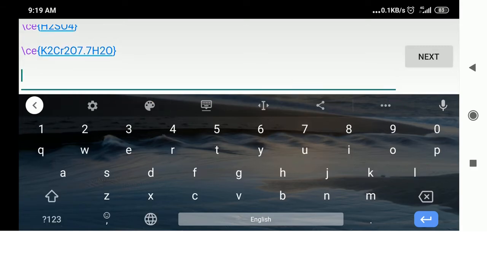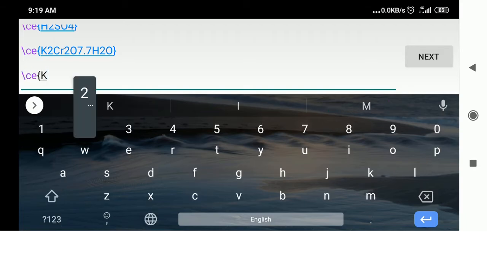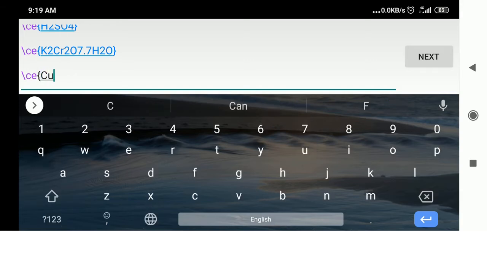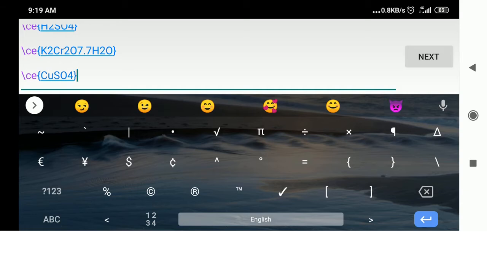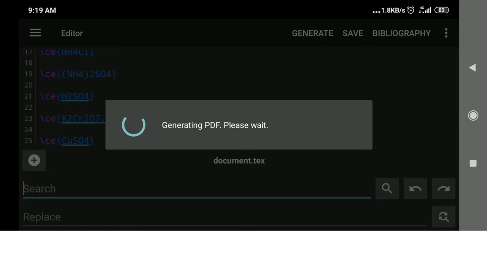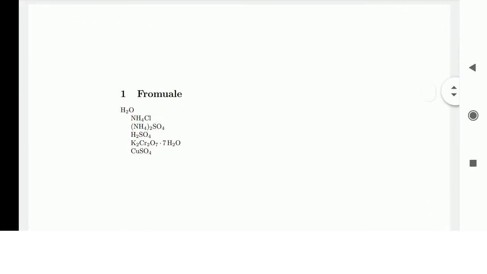Similarly, we'll go for CuSO4 also, \ce, not K2Cr2, CuSO4, curly bracket complete. Now we'll see what effect is there. Generate. These two compounds shall get typeset properly, K2Cr2O7.7H2O and CuSO4.